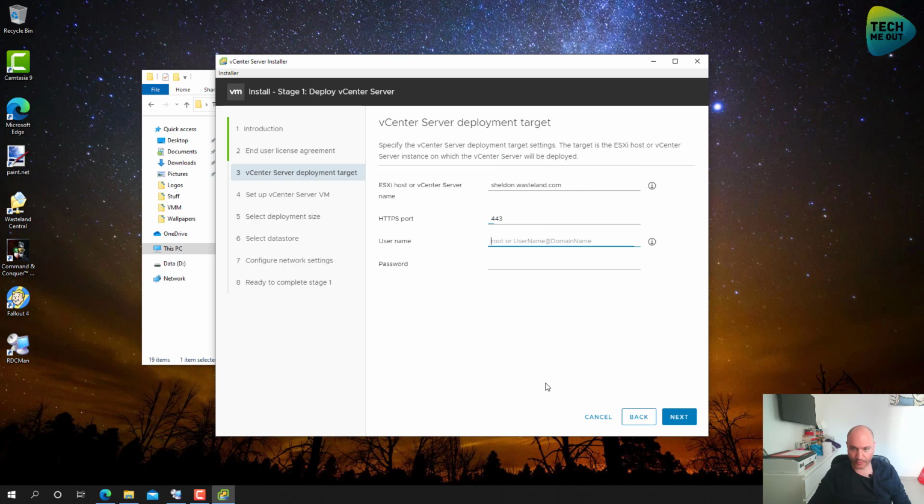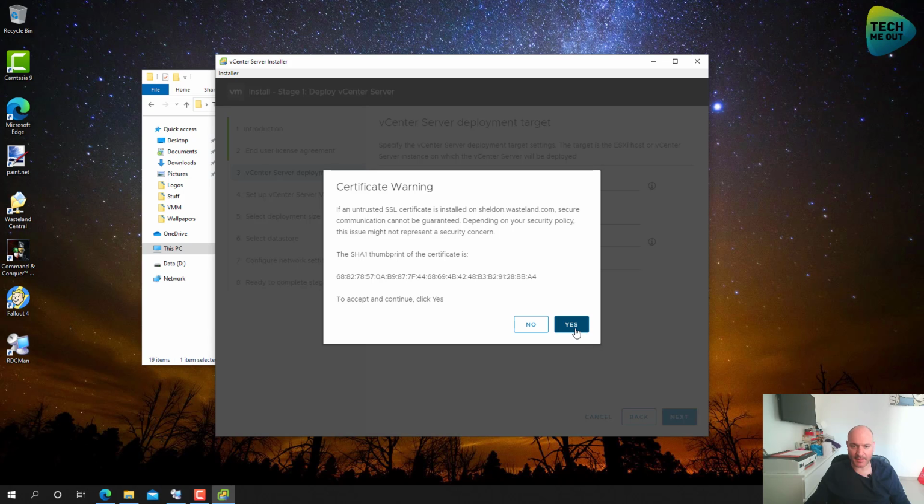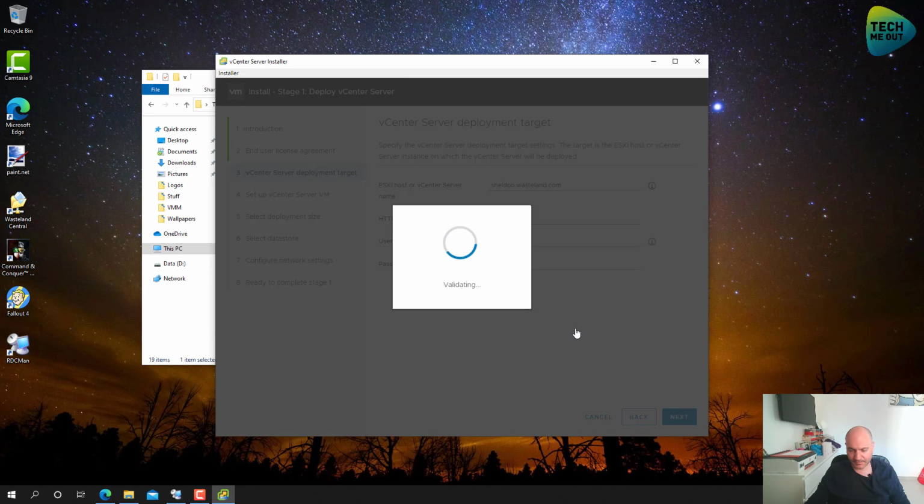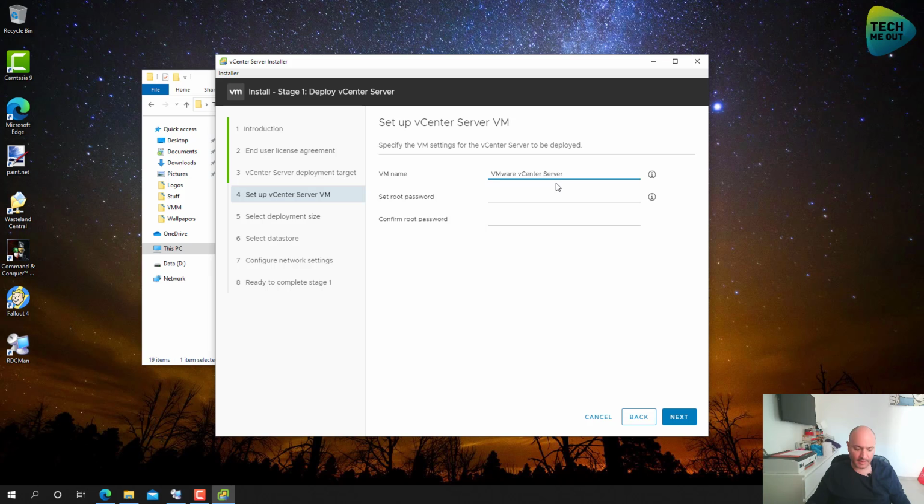Let's give the root account and the root password. Click on next and click on yes to accept the thumbprint. Let's call the virtual machine TMO VCSA, and now we'll need to supply a root password that will be configured